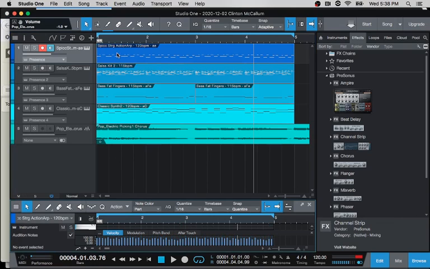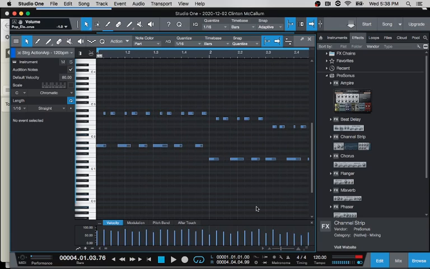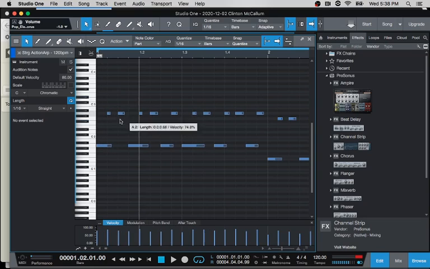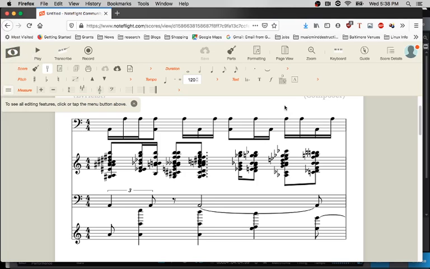Let's open up. So here is the MIDI piano roll for the string part, and this is the first measure, right? So this first measure, if we look at it in terms of music notation, is this measure here. Okay,